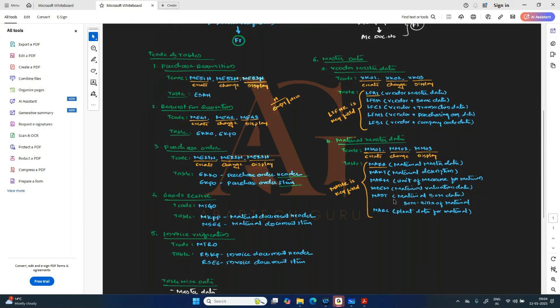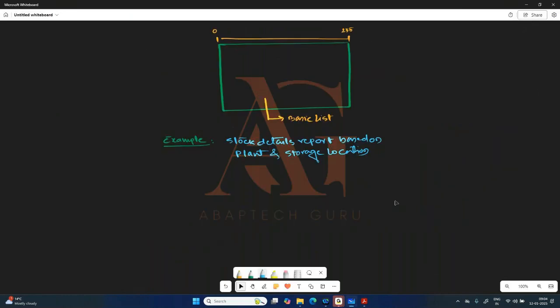Now, before that, we need to understand what the requirement is for input. Of course, I got to know what report we need to develop. But what should be the input screen for this program? What should be the output screen for this program? So if I go with the input for this program,